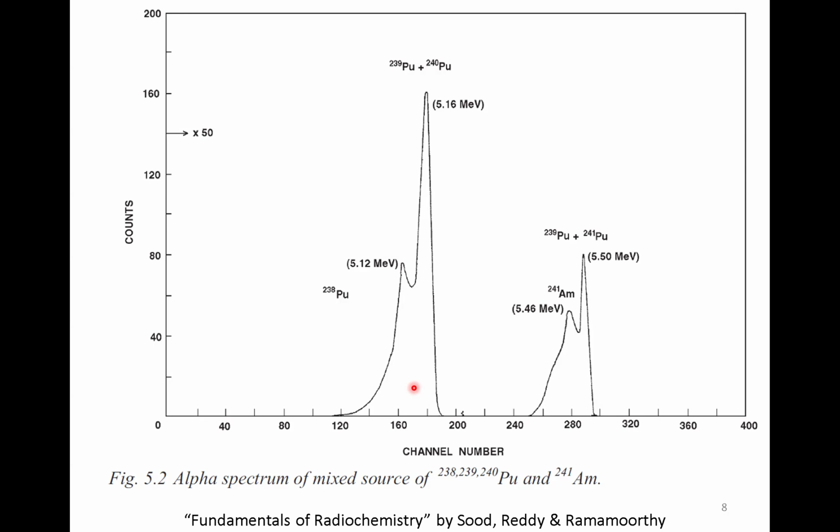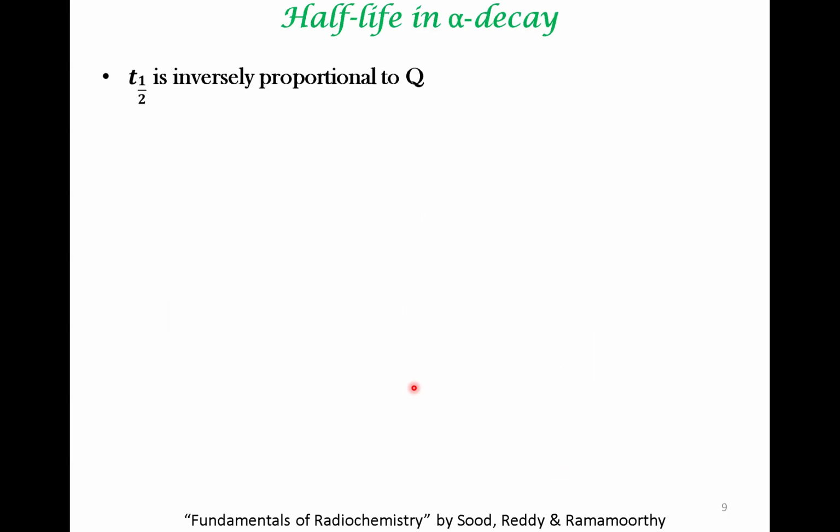So the energy released is distributed into the alpha particle and the product of the alpha decay. Okay, and we move on to another topic. That is, T half is inversely proportional to Q, right? This makes sense. If Q is larger, we said that the radiation constant is greater. Therefore, because the radiation constant is related to T half, you will anticipate this, because we saw this in a simpler case. For first order decay, we said that T half is proportional to 1 by lambda, right?